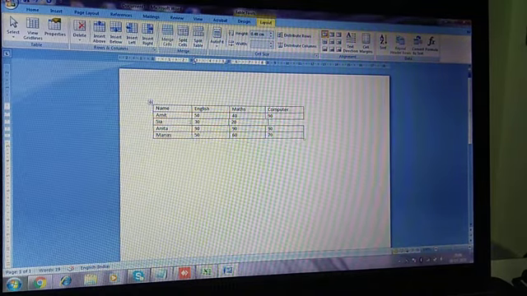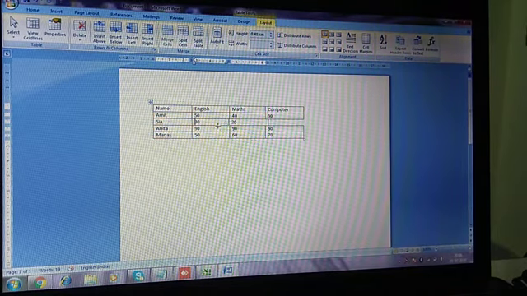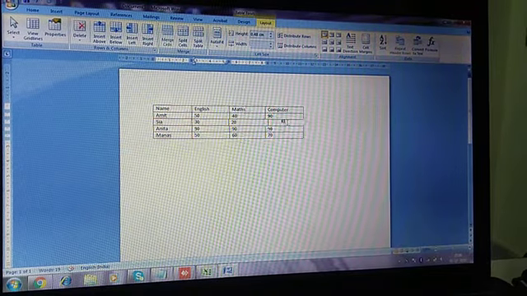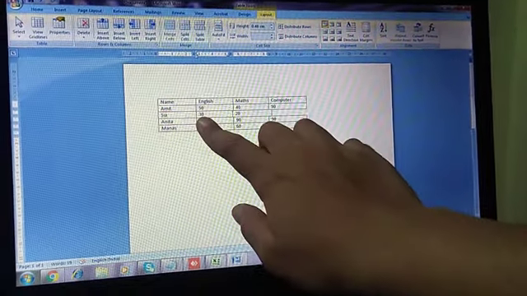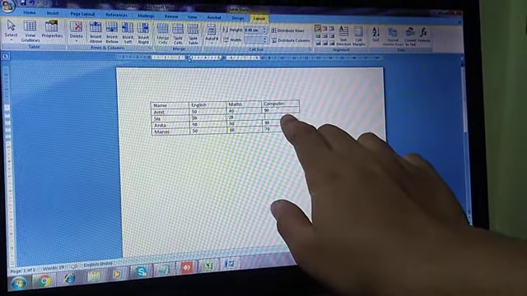Okay, so see, one cell is deleted and the Sia row now has two values, 30 and 20. The third cell is now deleted. See very carefully here: in the Sia row there are 30 and 20, and the third cell is deleted now.